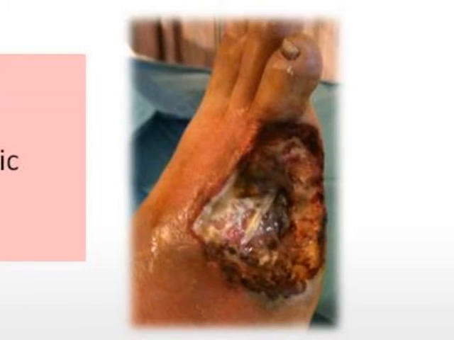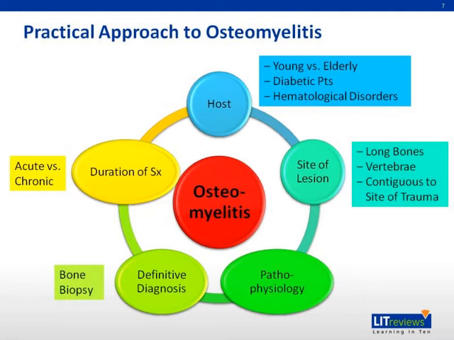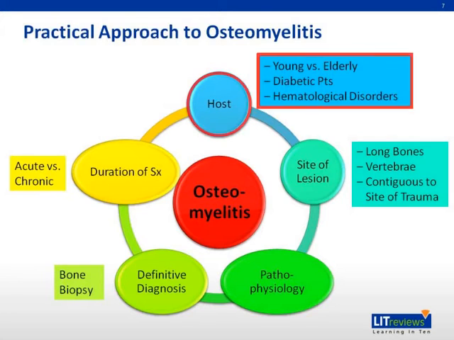If we could break down the topic of osteomyelitis in approaching our patient, I'll look at a few broad headings or categories. First, we can look at the host. It would give us a clue as to how the infection might have occurred. In the young and elderly patients, infections are often hematogenous. For diabetic patients, they frequently have neuropathic ulcers or arterial ulcers. They may have sustained wounds to the foot which are difficult to heal, and there'll be contiguous spread of infections.